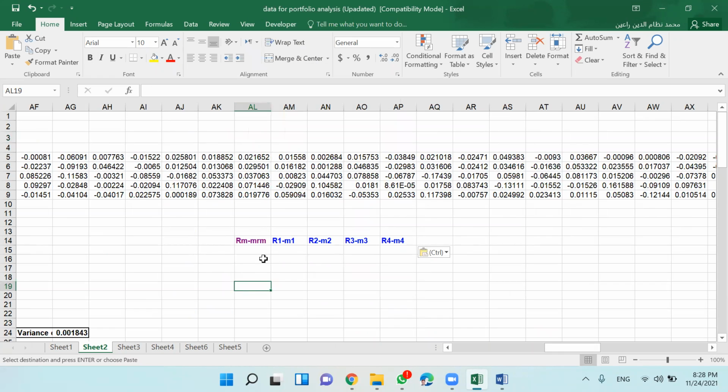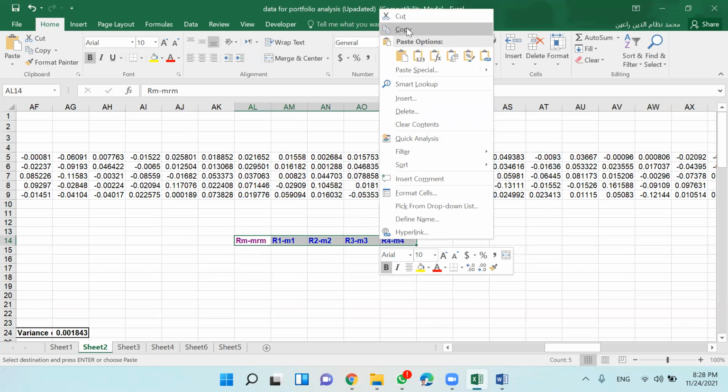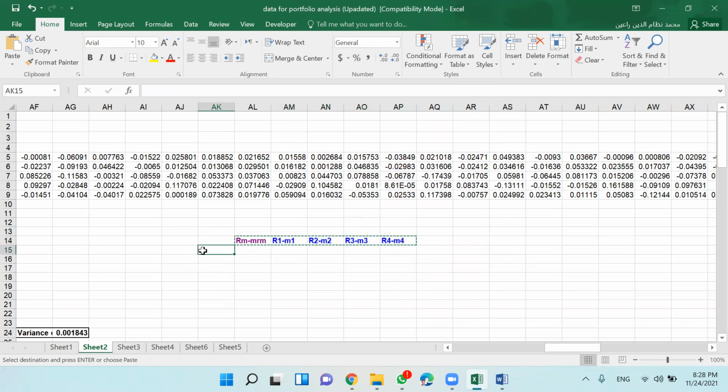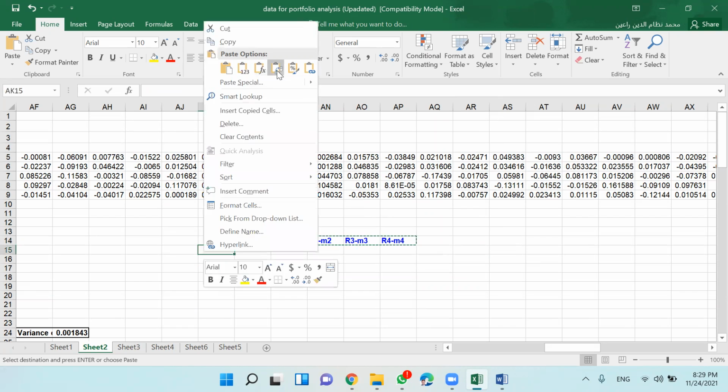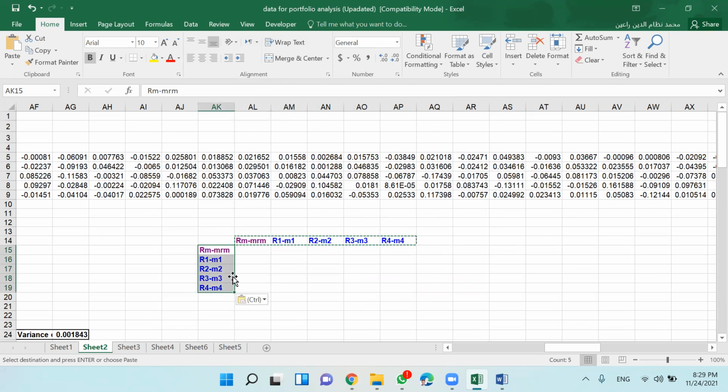And now I have 5 columns. If I copy these 5 columns and put them here, I will be able to generate 5 rows. Let me take the transpose of it. This is the transpose.